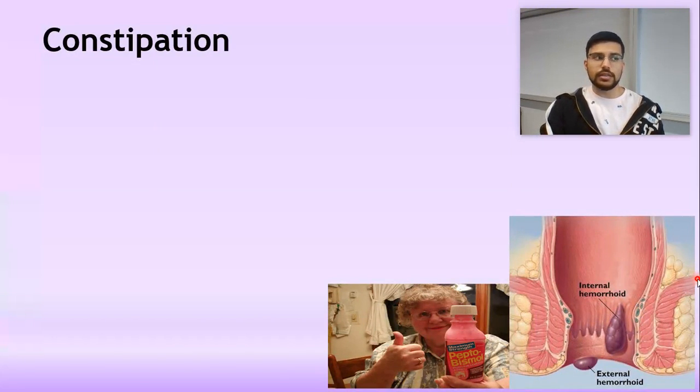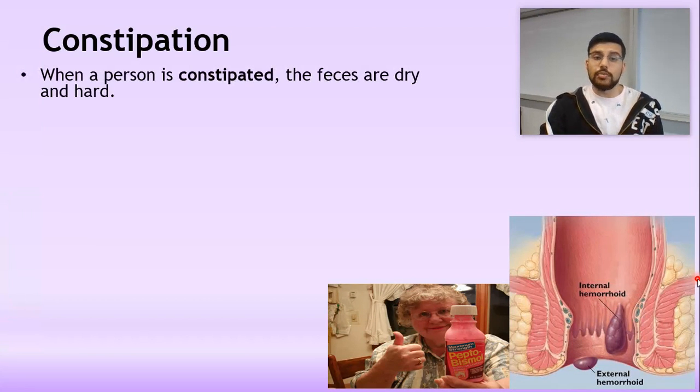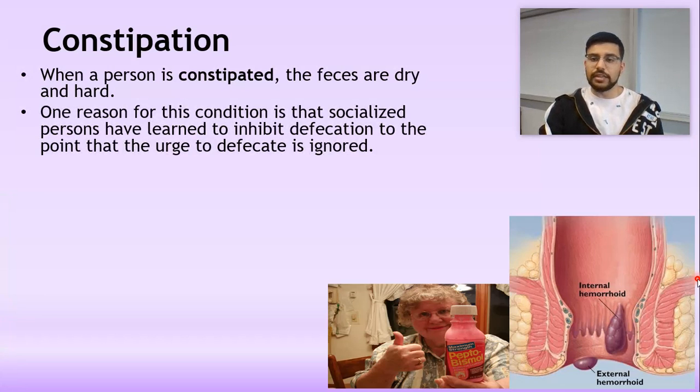Constipation is similar but different to diarrhea. It's the opposite. Their feces dry up, so there's not enough water content, and then they get stuck, and they can't get passed through the elimination system or the rectal system. So one reason is this comes back to that point we were making before, how when feces get into your rectum, you should have that nervous impulse to go use the washroom, but we've developed the ability to prevent that from happening because we're social beings, and that's a problem because we're able to hold that in our body for